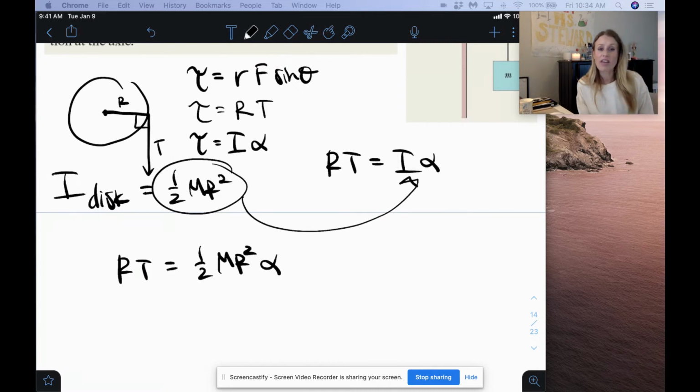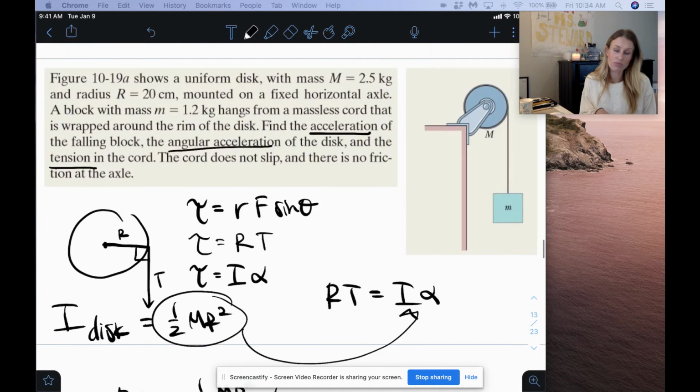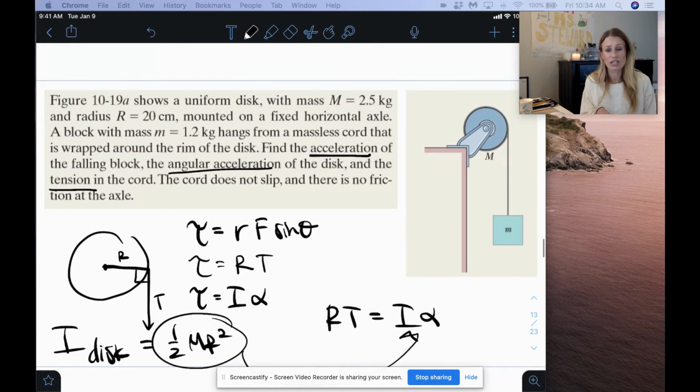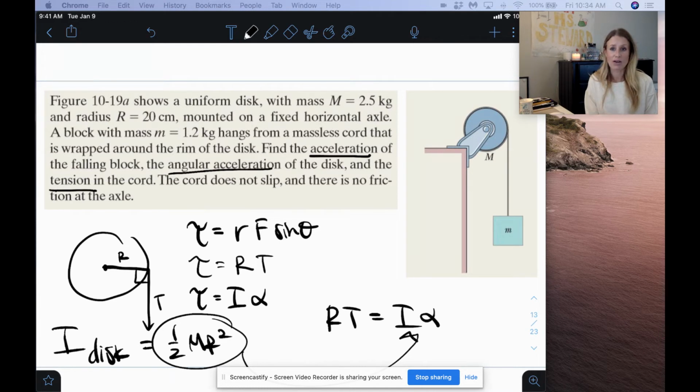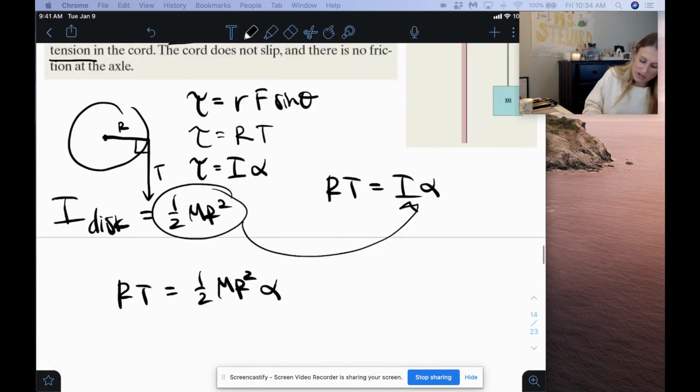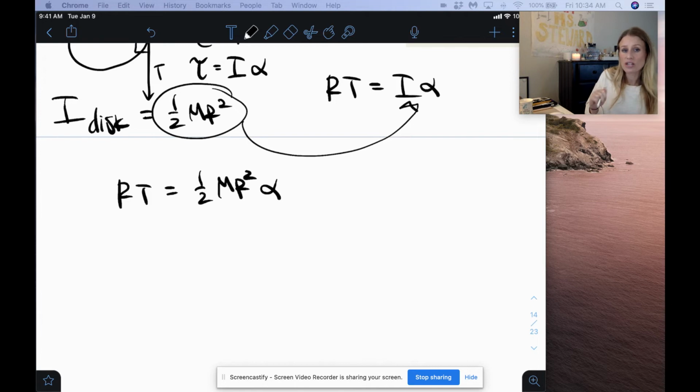And then the other thing I'm going to do here is relate linear acceleration and angular acceleration. The reason for this is I have this equation, and I can also write an equation and draw a free body diagram for the block as it falls down, but that is a linear acceleration. So in order to relate those two equations, I'm going to have to convert this angular acceleration alpha into